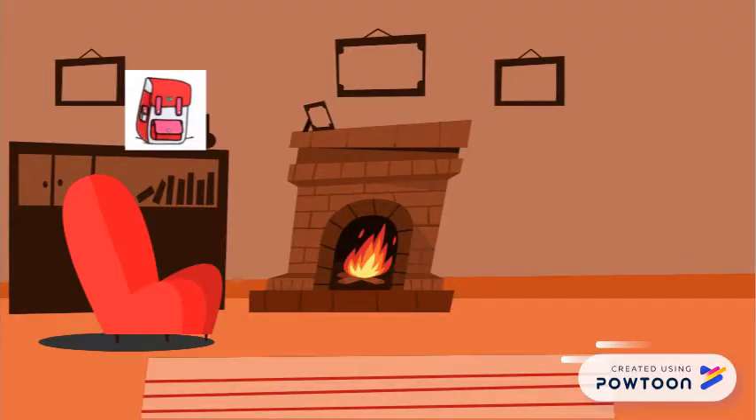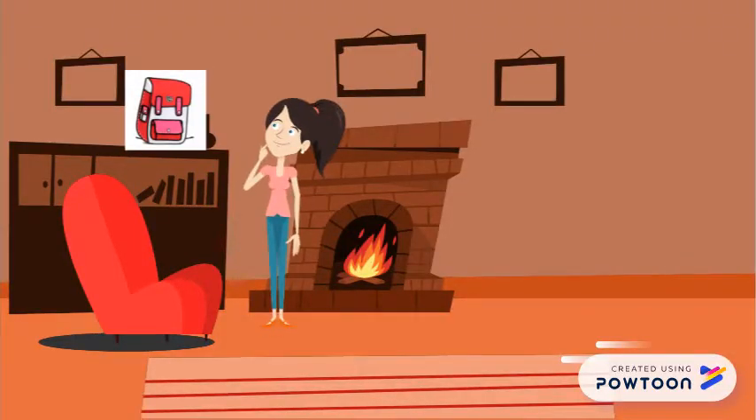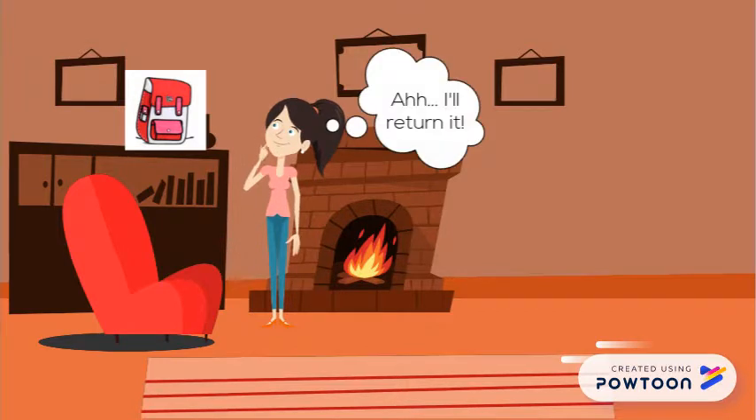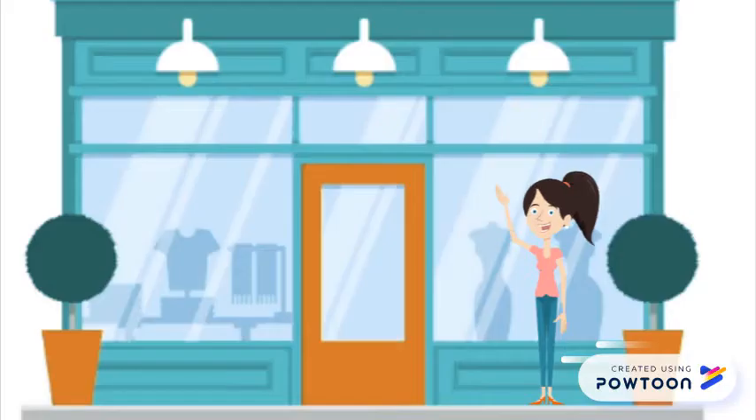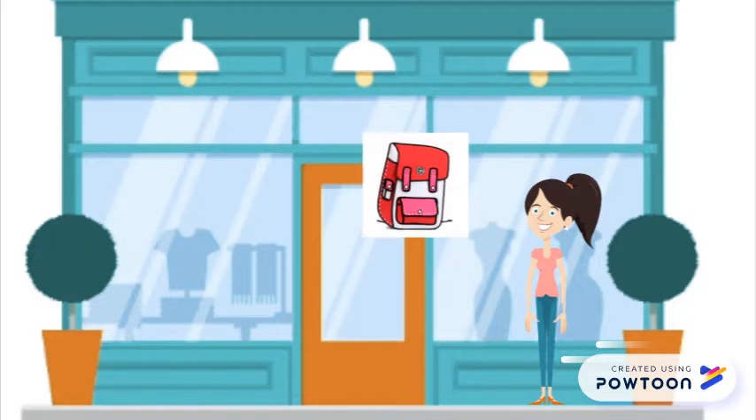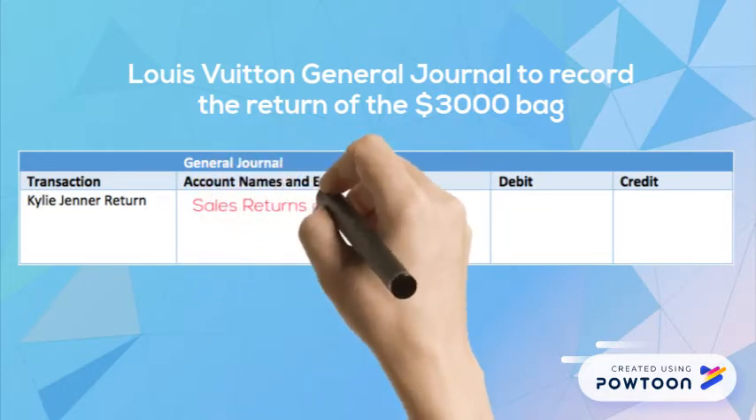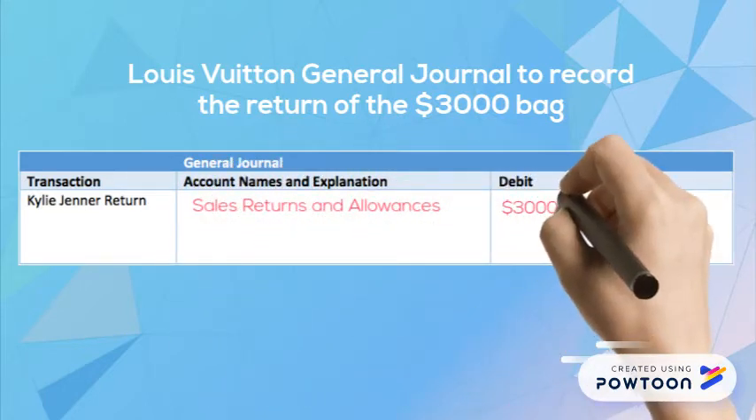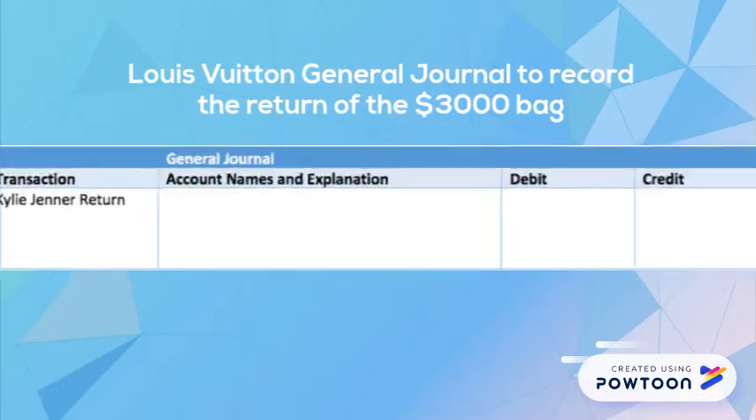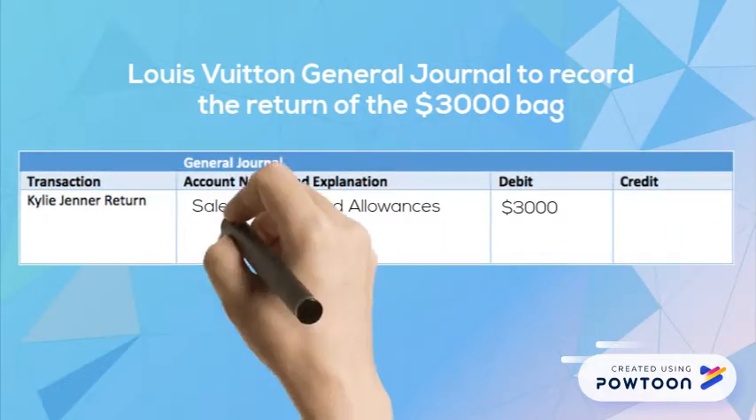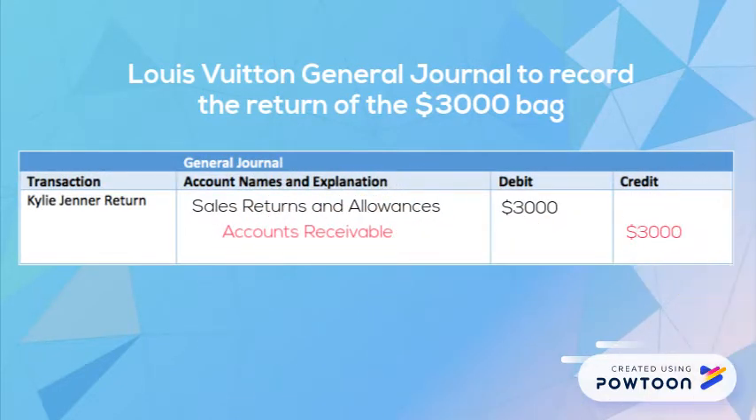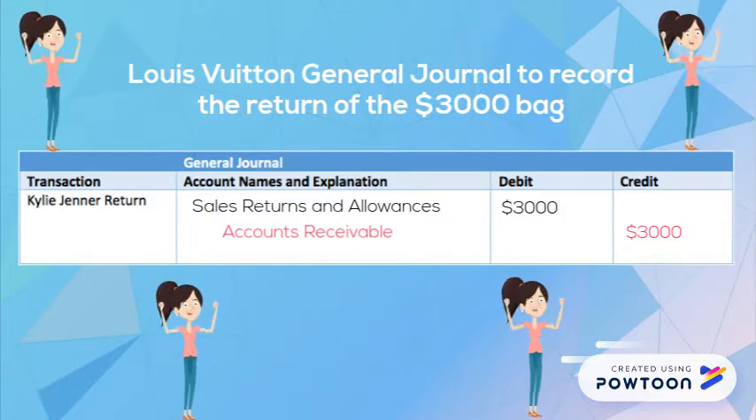But silly Kylie, she already had the bag at home, so she wanted to return the bag to the store the next day. And often, customers can return these items back to the store. So, Louis Vuitton would then debit sales returns and allowances for $3,000 as this account is now increasing. Louis Vuitton would then credit accounts receivable to decrease the amount